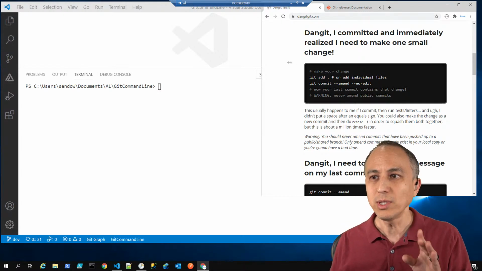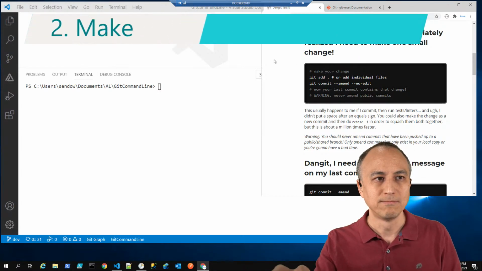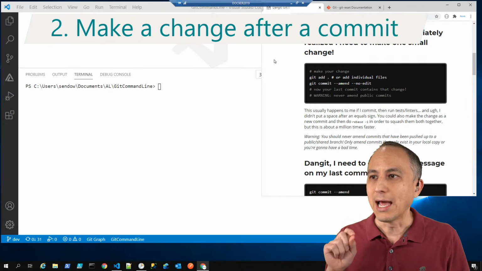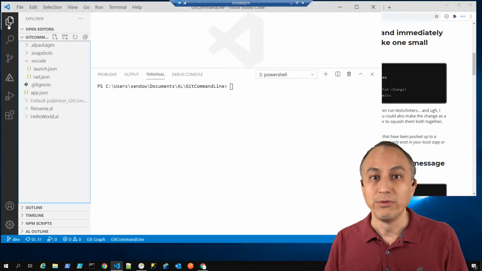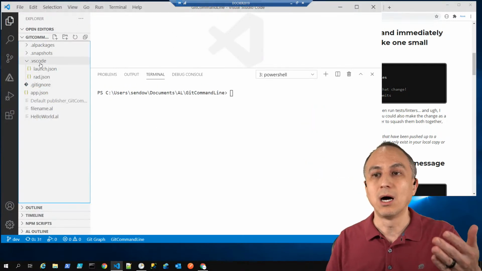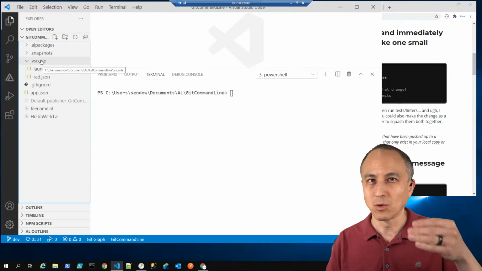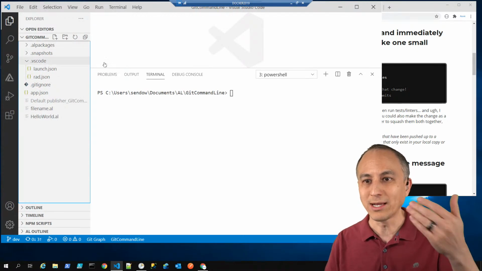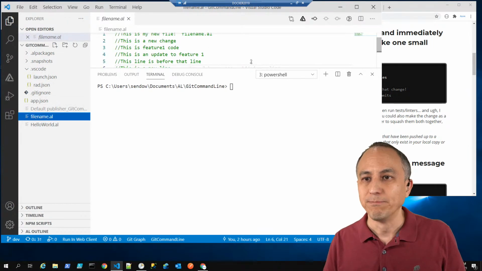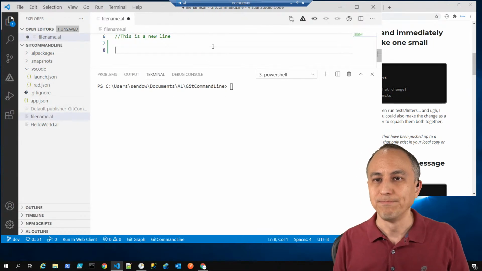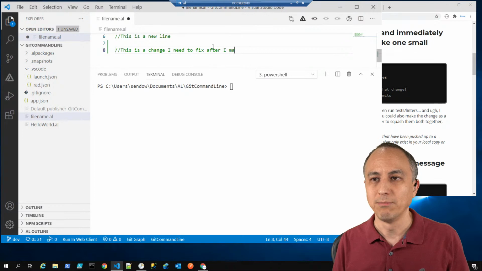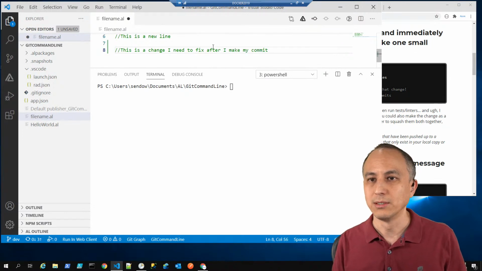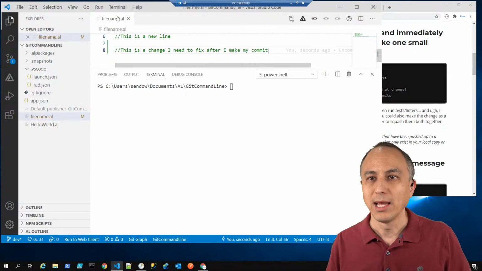Now, this one I could perhaps relate to. Make a change after I commit. Okay, so let's give this one a try. So this I can relate to. I made a commit. It's like, okay, let me make that one change. It doesn't require extensive recollection of what's going on. So this is a change I need to fix after I make my commit. So I'm going to save that, and being the